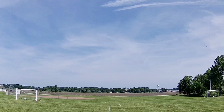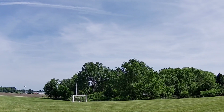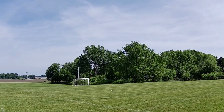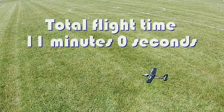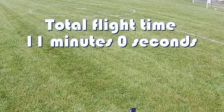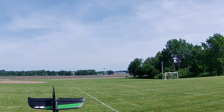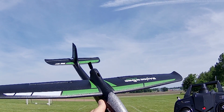Okay, we're getting low on throttle now. It's almost dead. I'm full throttle right now. We're gonna call it quit here. Full throttle, it's coming in for a landing. So that's what happens, folks. You'll notice a real quick drop-off in throttle control. It's time to land. So when that happens, that's the flight of the Ranger 600 Stunt, Ranger 600 Sport, whatever,